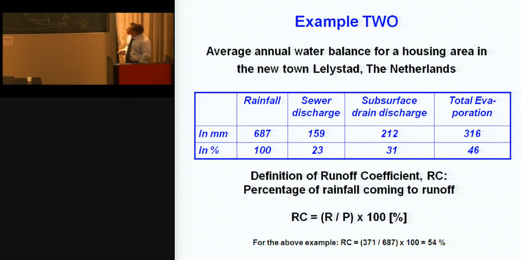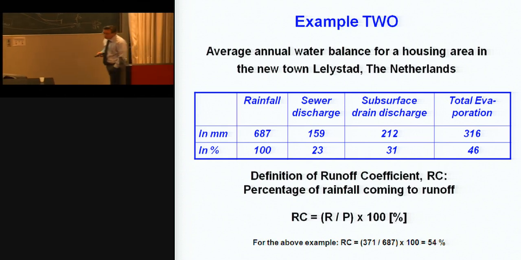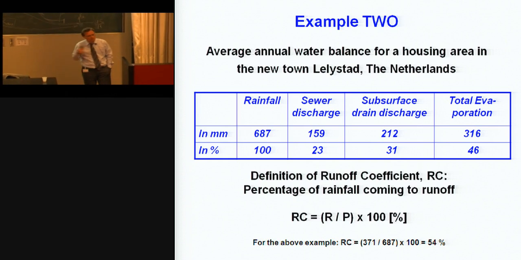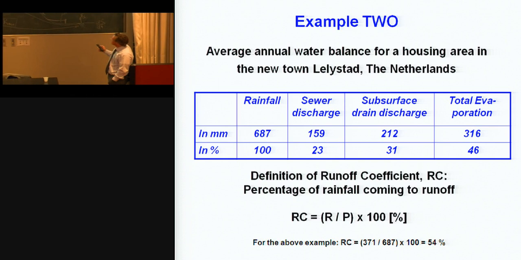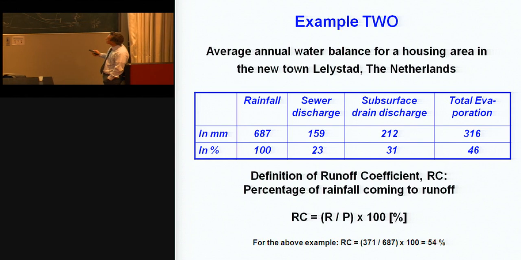The next point I want to introduce is the so-called runoff coefficient. Here you have a very simple water balance from a town in the north of the country, Lelystad, in millimeters per year. Sorry, the wrong unit here. The annual rainfall is 867. We take that as 100%. The total evaporation is some